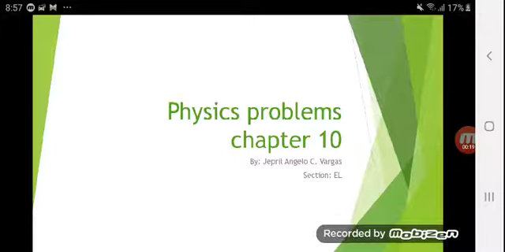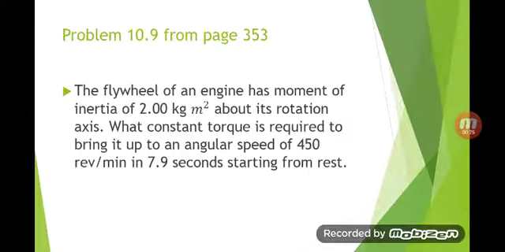Now, to start things off, let's first have the easiest question, which is problem 10.9 from page 353. The flywheel of an engine has a moment of inertia of 2.0 kg meter squared about its rotation axis. What constant torque is required to bring it up to an angular speed of 450 rev per minute in 7.9